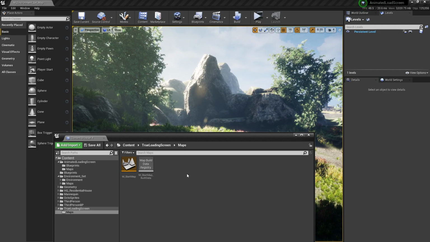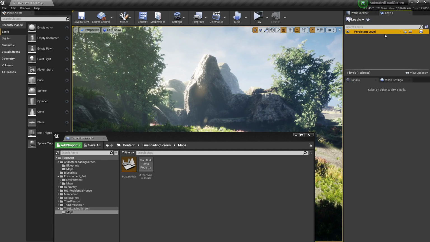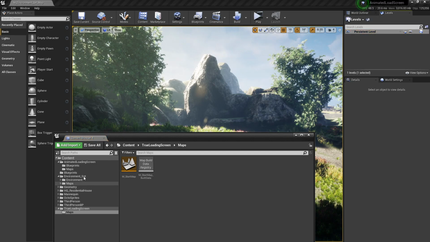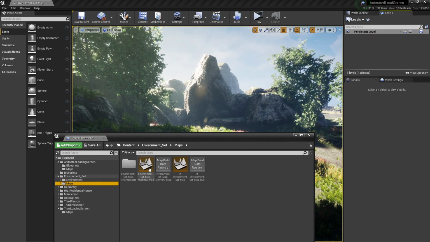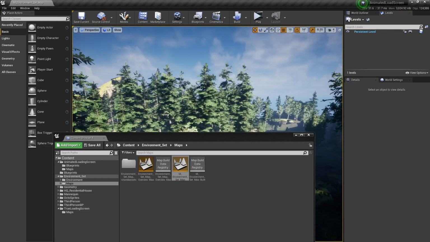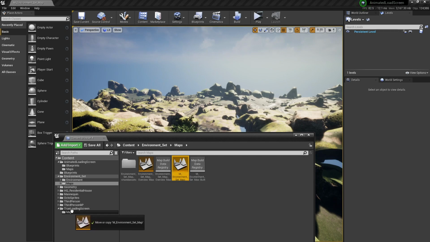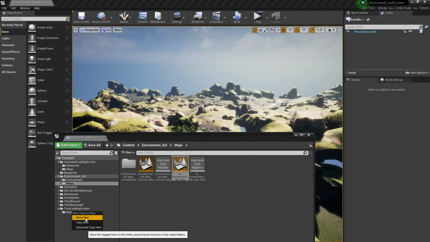So let's say I'm gonna duplicate this level just so it's clearer, and let me find it. Yeah, this is it, right? Let me duplicate it, copy here,